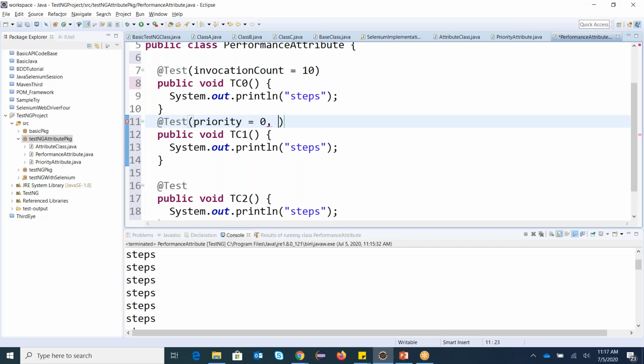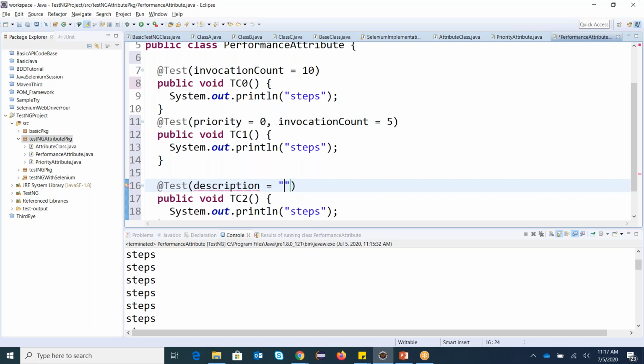You can give multiple annotations, multiple attributes, with any of your test cases. So let's say I have given priority 0, and here I can mention my invocation count equals 5, for example. In the same way here I can mention my description, and I said sample test, and then I said invocation